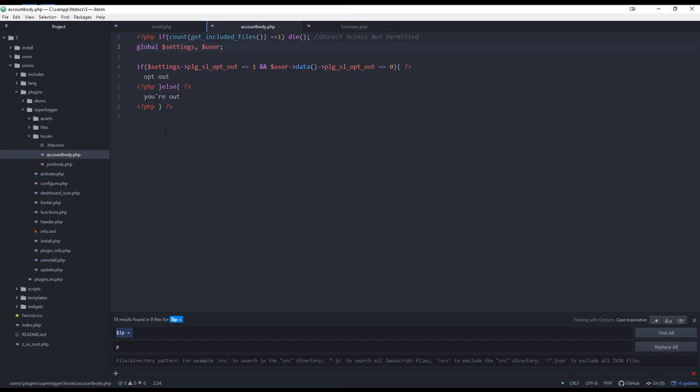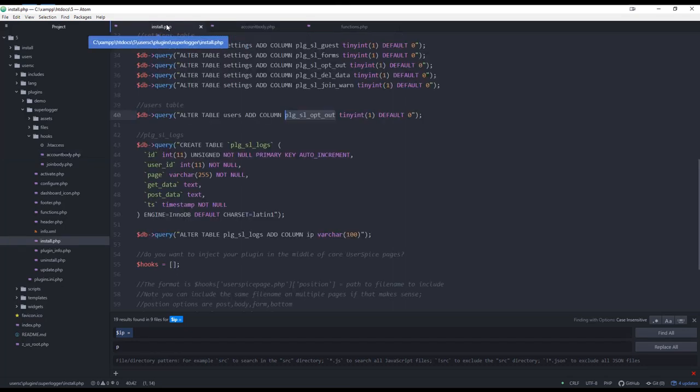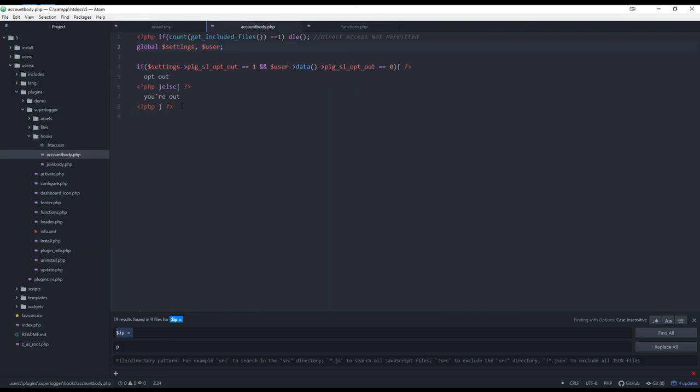Now the other question that we have for them is, do they want to clear their data? So what we're going to do is, let's do a query here. So do we want to allow them to clear the data? Let's do two things. We're going to also do DB. So we're going to take this and we're going to say logging data equals DB query